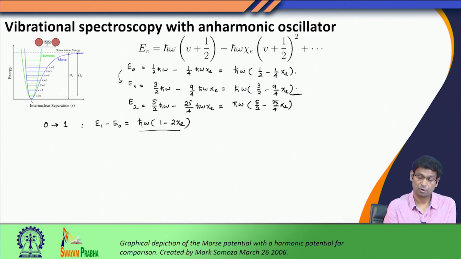As opposed to h bar omega, we would see this transition at h bar omega multiplied by 1 minus 2 chi_e. To get the 0 to 2 transition, I would get E_2 minus E_0, that would come out to be